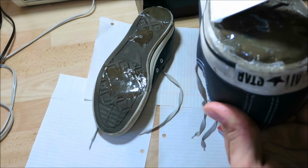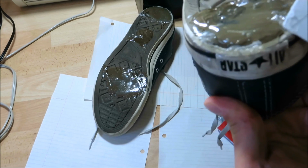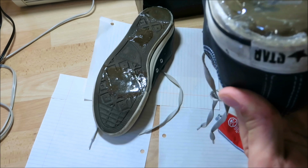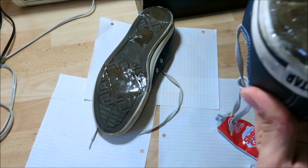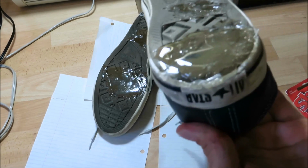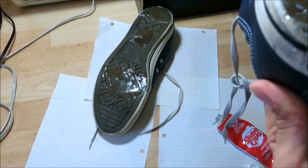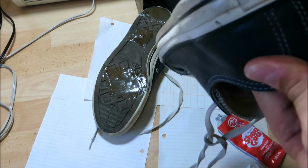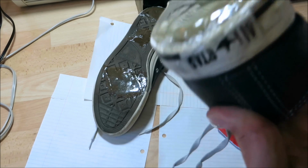So anyway, after you put that on, and seriously, wear some face protection, because this stuff smells like 100 times stronger than a highlighter, a black marker, one of those Sharpies. Stuff is really, really strong. Make sure you're doing it in a well ventilated area. I'm not, because it's kind of cold outside. I don't want to go outside now and do this in my garage. But if you're doing it, make sure, and as you're drying it off,